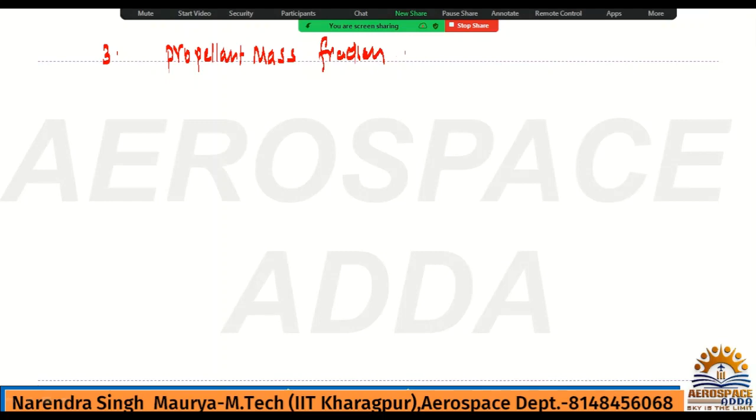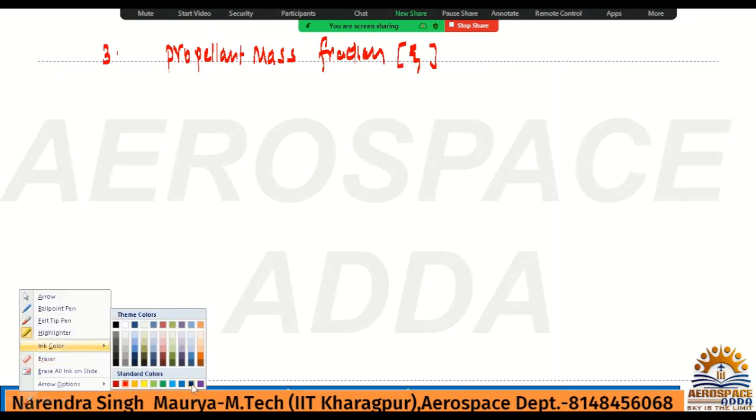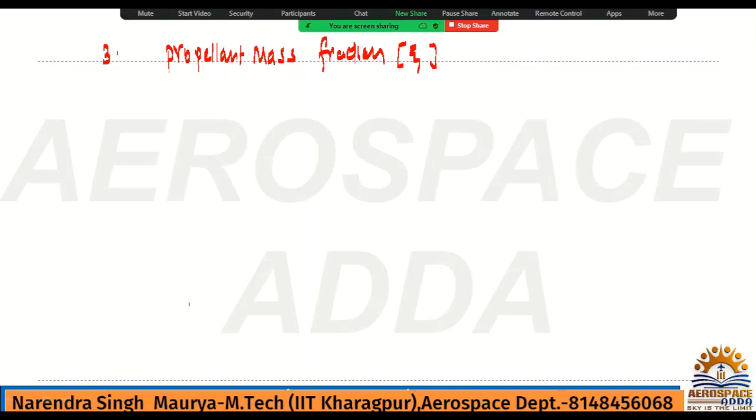Propellant mass fraction is denoted by xi, or in some places it is called zeta. Whatever you want, you can take for the notation. Here I am just writing zeta. So what is the propellant mass fraction? It is defined as